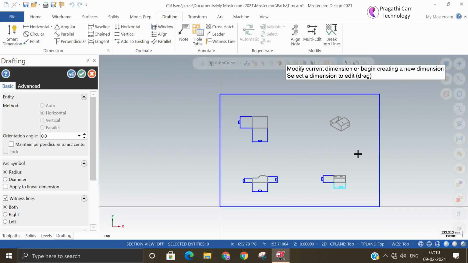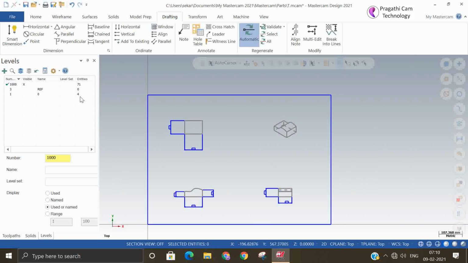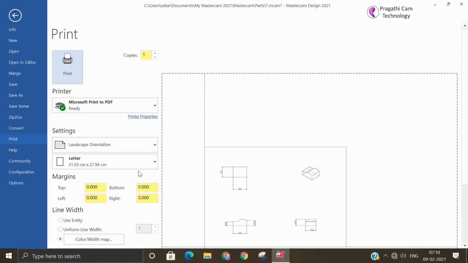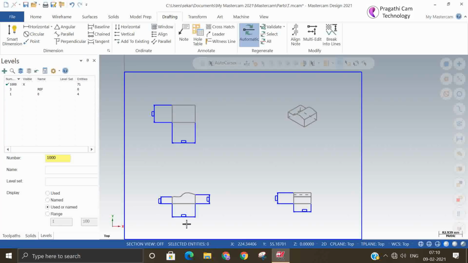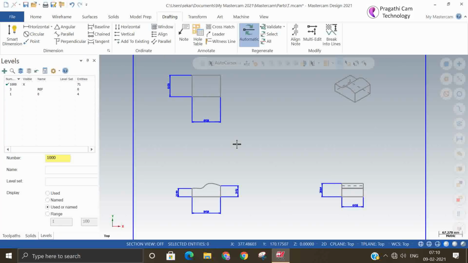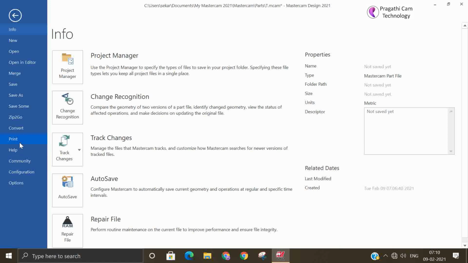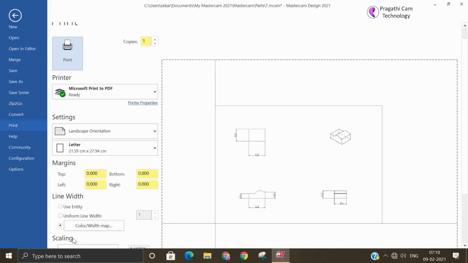So this is the drafting. Okay. You can make a printing file, print, fit you can say. If you want to differentiate the line difference also, you can do that.